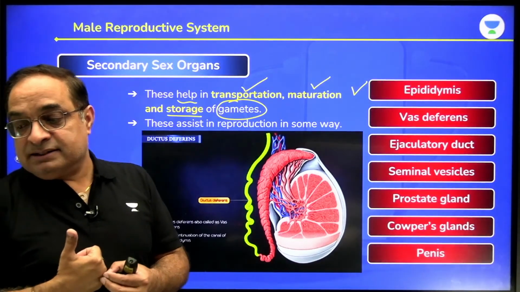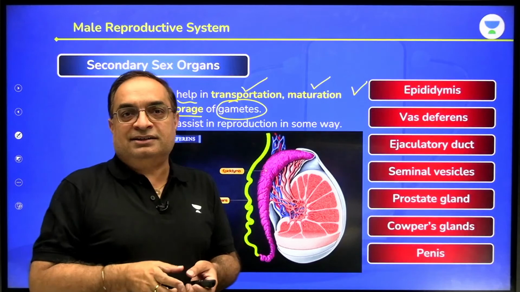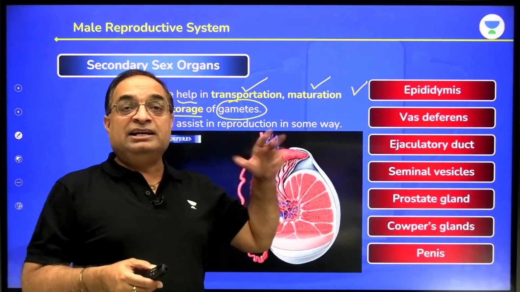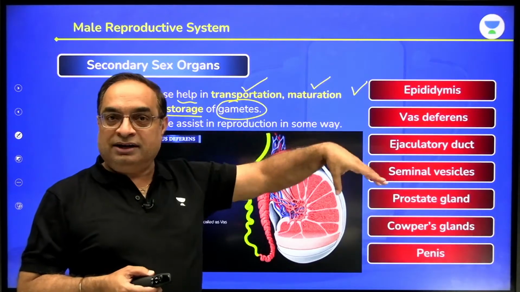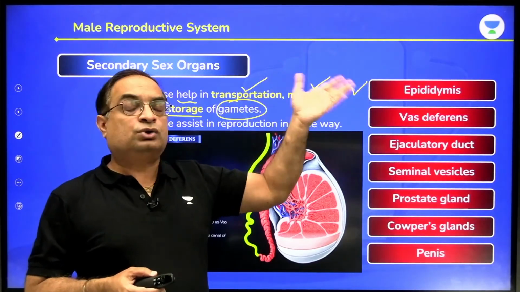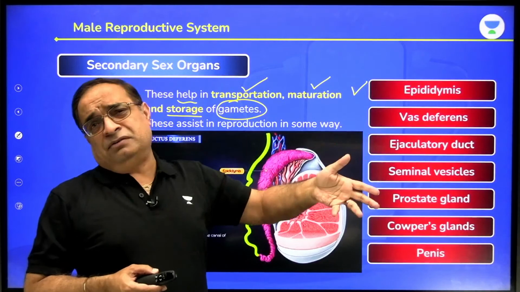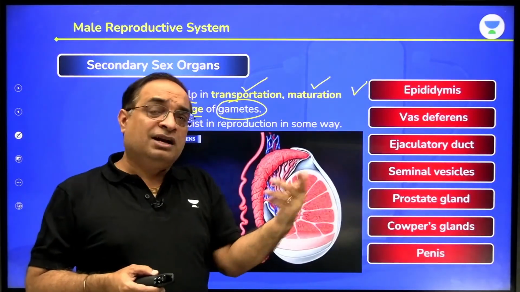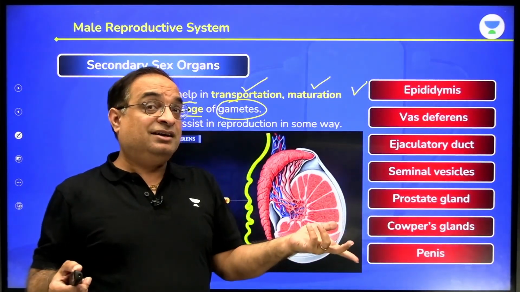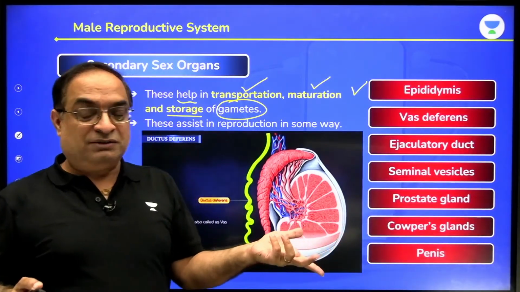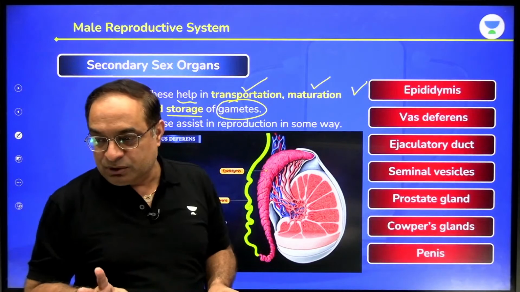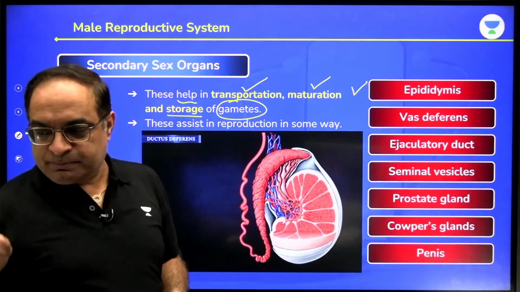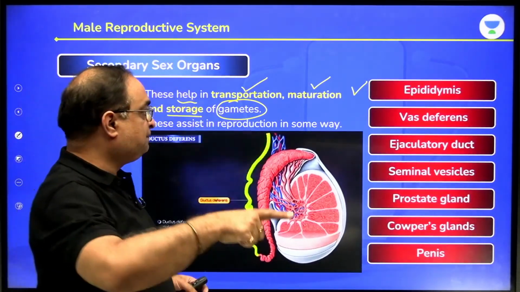Faizan says seminal vesicles do not store. When did I say that seminal vesicles store the sperm? In a generalized way, I have said that all these structures are involved in production, some are involved in storage, some in maturation, some in transportation. I never said, Faizan, that seminal vesicles are involved in storage of the sperms. Correct yourself if you have understood it wrong. Tirathraj wrote the spelling of epididymis absolutely correctly.